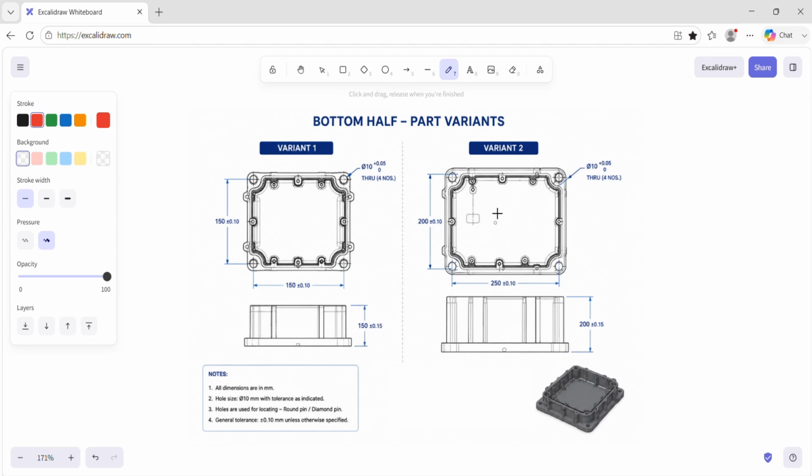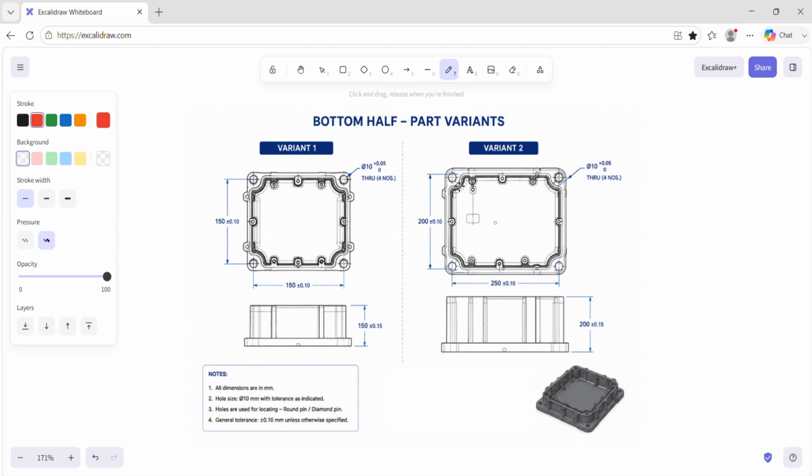Now we have these two variants and these are the center distances. So we will start with a very basic approach which is called a common fixture. Now what is a common fixture? We have these two variants, and first we will try to accommodate both variants on the same fixture. First, we just try to overlap both these parts on each other and find out if there are any common locations.